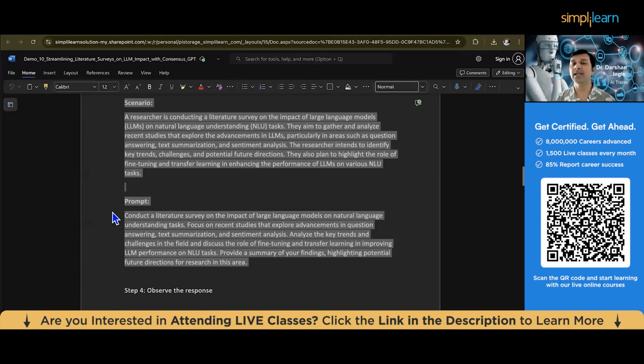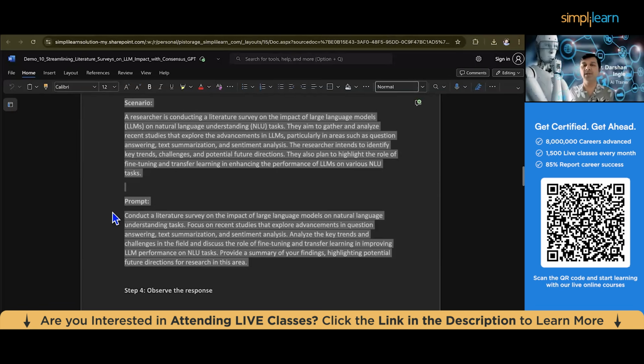The researcher intends to identify key trends, challenges, and potential future directions. They also plan to highlight the role of fine tuning and transfer learning in enhancing the performance of LLMs on various NLU tasks. Prompt: